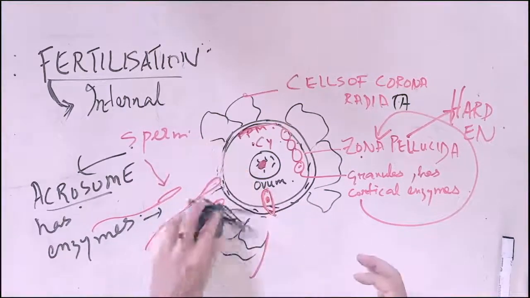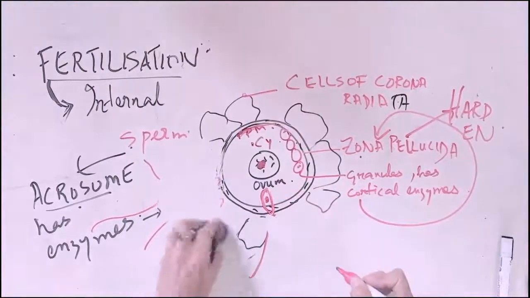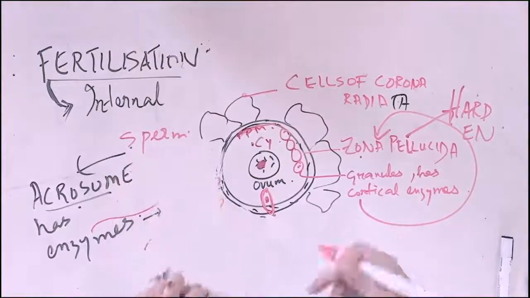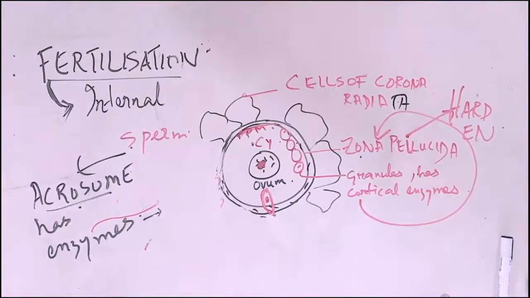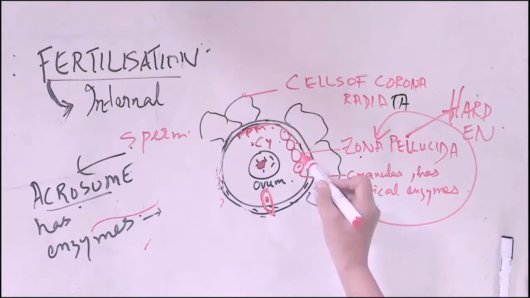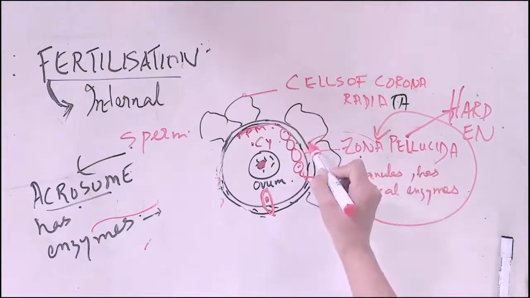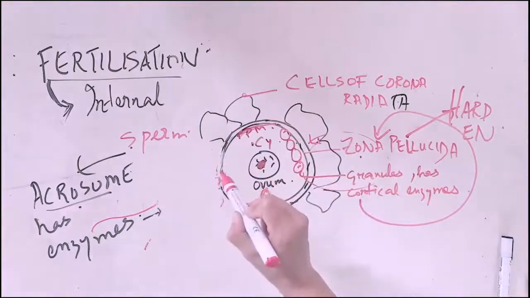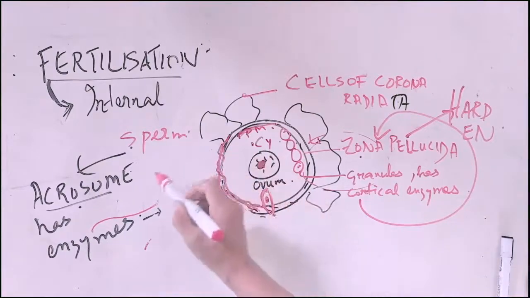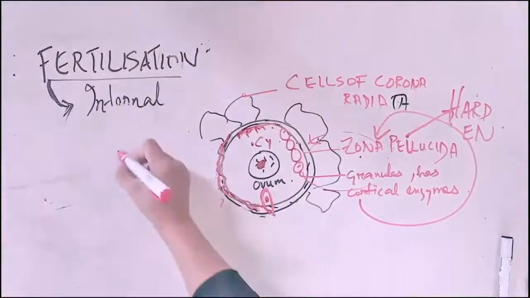Bye bye. Go away. One is already entering with the nucleus. So you know how only one sperm enters the cytoplasm of an egg, because the granules, zona pellucida, in the inner layer, they have granules. The granules has cortical enzymes. The cortical enzymes diffused with the zona pellucida, and at that point it becomes hardened, and in that second only it is hardened. All right, it is hardened. So sperms we don't allow anymore. All right. So no more